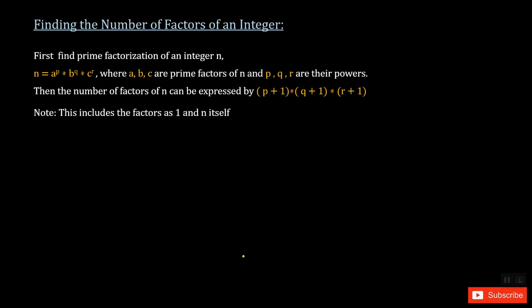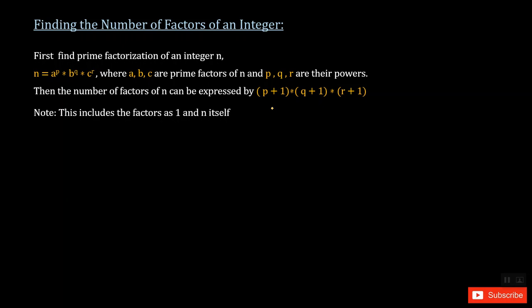Yes, this is what we discussed only about the factors and the rules and the relations. So the type of question you may expect based on the factors is, first, they may ask you to find the number of factors of an integer. If an integer is very small, or if the integer is known, it's very easy to find the number of factors. But what if the integer is very large? Then we are definitely going to waste our time.